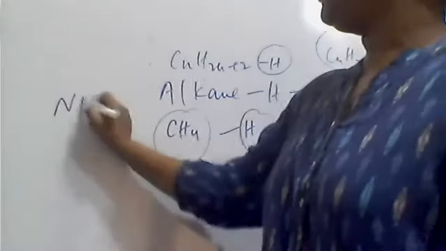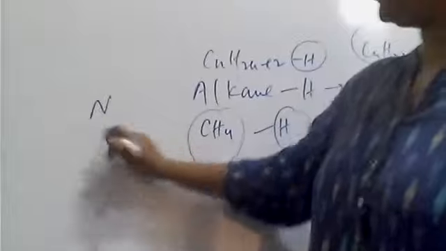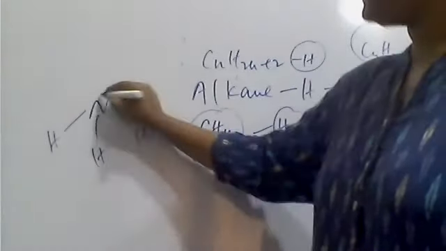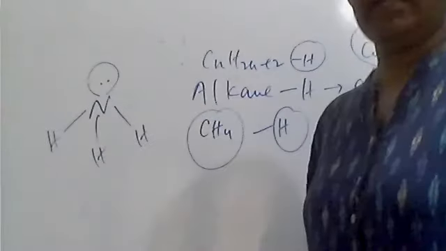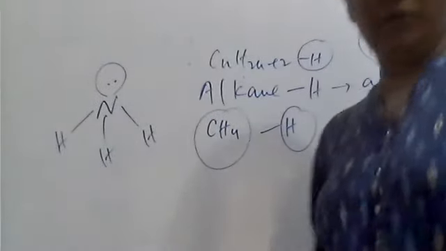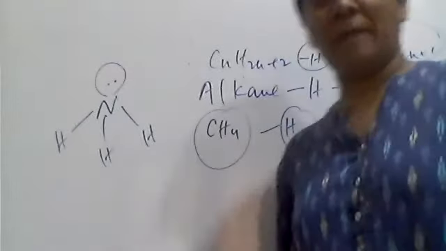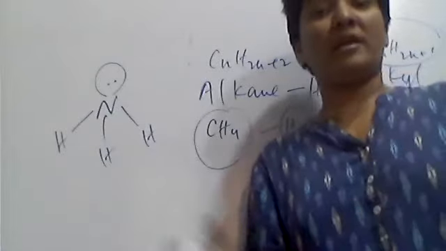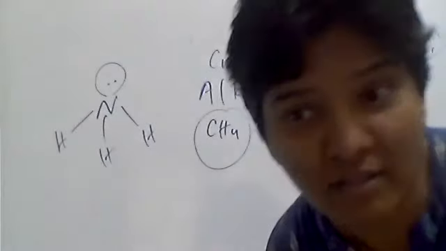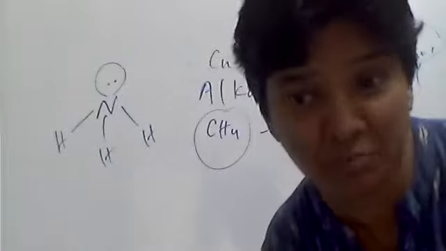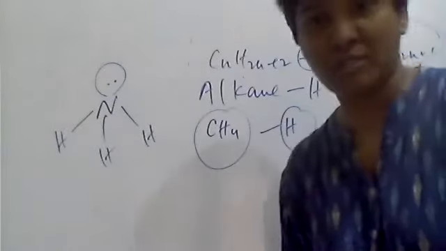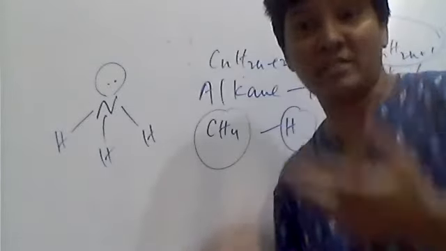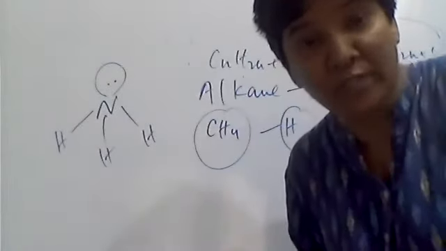See, all of you, ammonia. Ammonia is NH3, all of you know. The ammonia is pyramidal in shape, having the lone pair on the nitrogen. Nitrogen undergoes sp3 hybridization, so it should be tetrahedral, but it is not tetrahedral. It is pyramidal in shape due to lone pair-bond pair repulsions, with an angle of 107 degrees. You people know all the history of ammonia.